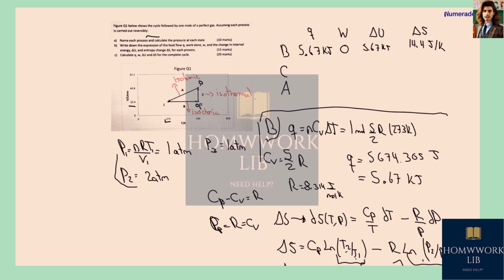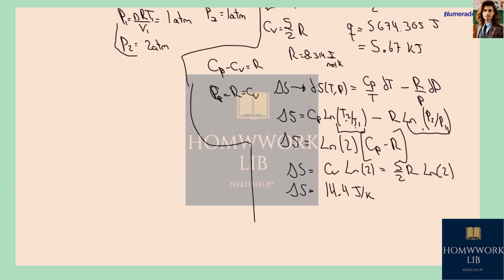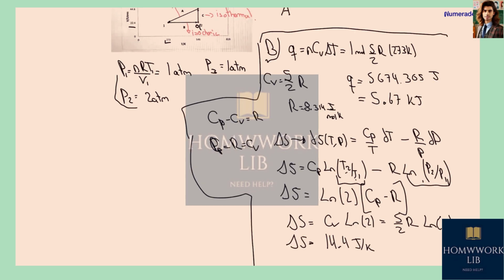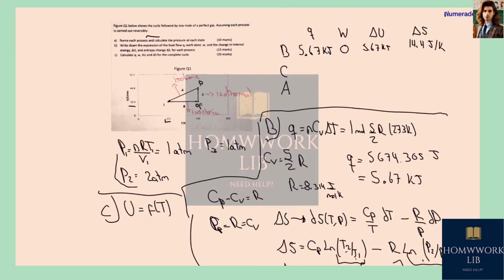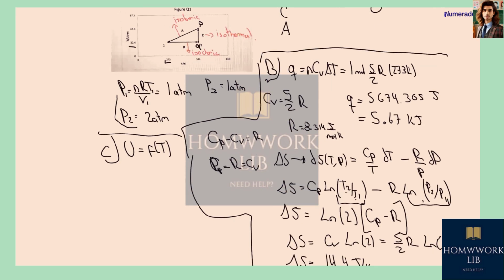Now, for process C, this is going to be an isothermal process. So for an isothermal process, we know that the internal energy of an ideal gas is a function of temperature alone. Since the temperature is going to be kept constant, delta U is going to be equal to 0. So over here, we can calculate the work, and the heat is going to be the inverse of that to have the final result. So the work for this process is going to be equal to